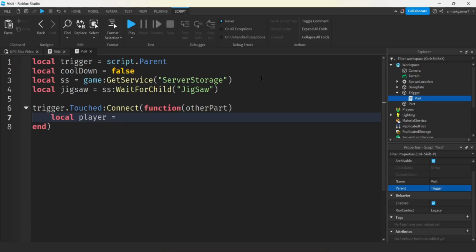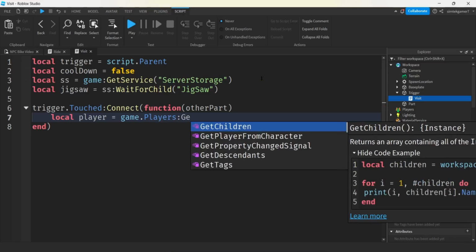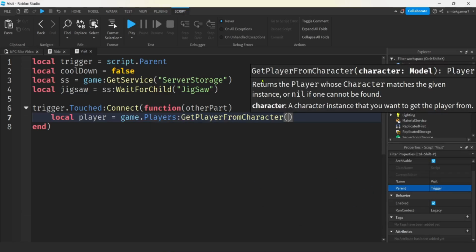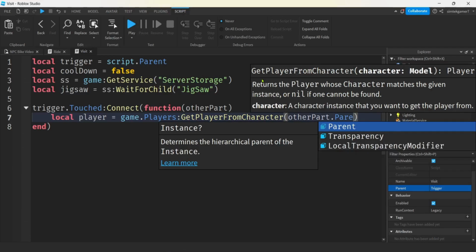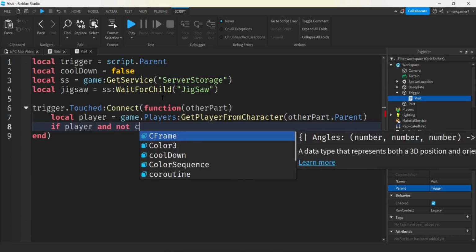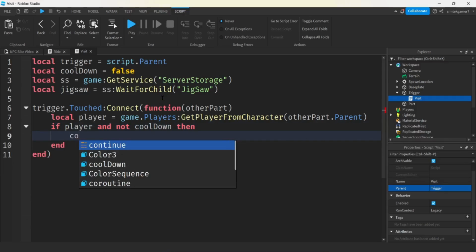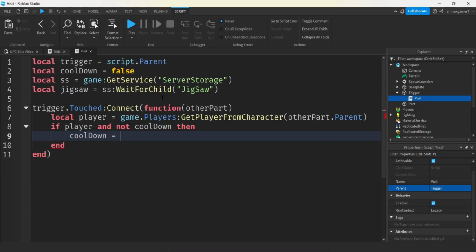We'll look for a player, local player, game.Players, get player from character. What's the character? Well, if other part is a foot or a head or something, the parent is the character. And if it's like the floor or something, you're just going to get a nil here in the player. So we do have to check to see if the player exists, right? So if player and not cooldown,